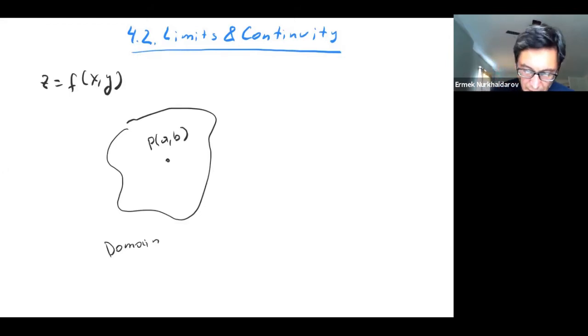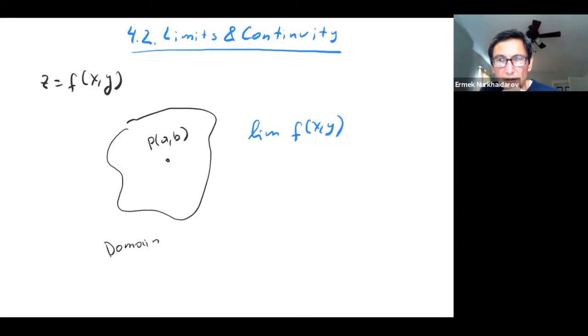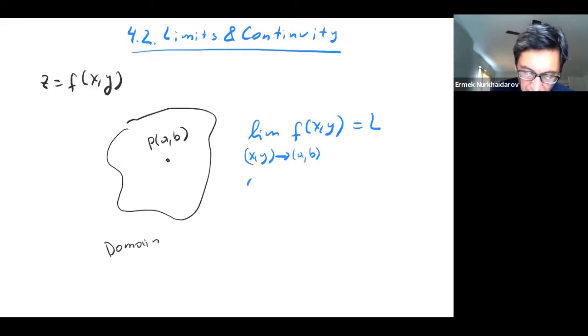So what we'll do is we'll take the limit of our function f of x, y. And what we want is for x and y to approach that point on the domain, the point with coordinates A, B. Okay. So we estimate that limit, and we'll say that limit equals L, and that means